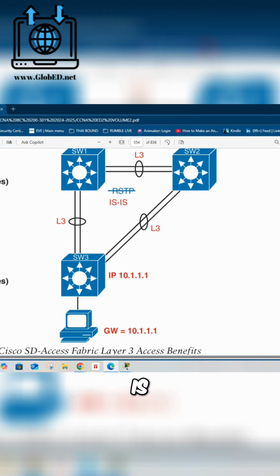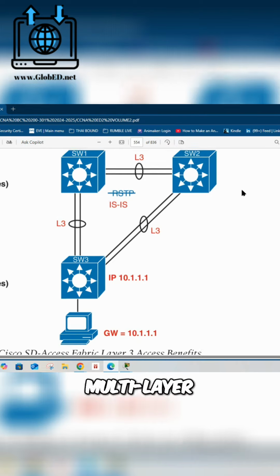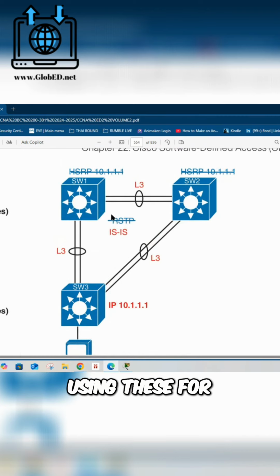But the reality is that since the early 2000s, people were using multilayer switches, these multilayer switches right here. They've been using these for core routers, for routing. And people swore by it. No, I use my layer 3 switch. It's less expensive than getting an actual router. And it has that routing capability, but that's not what it's meant to do. It's not what it's meant